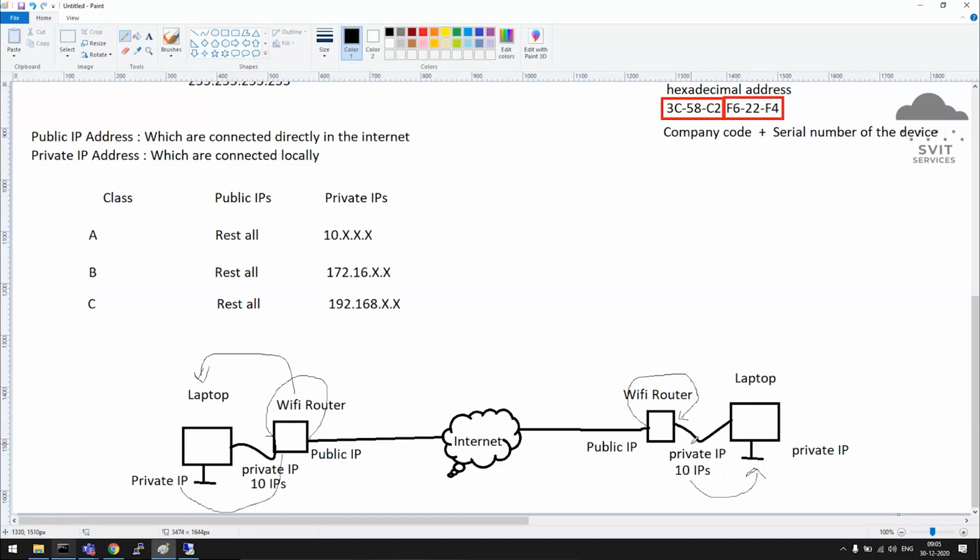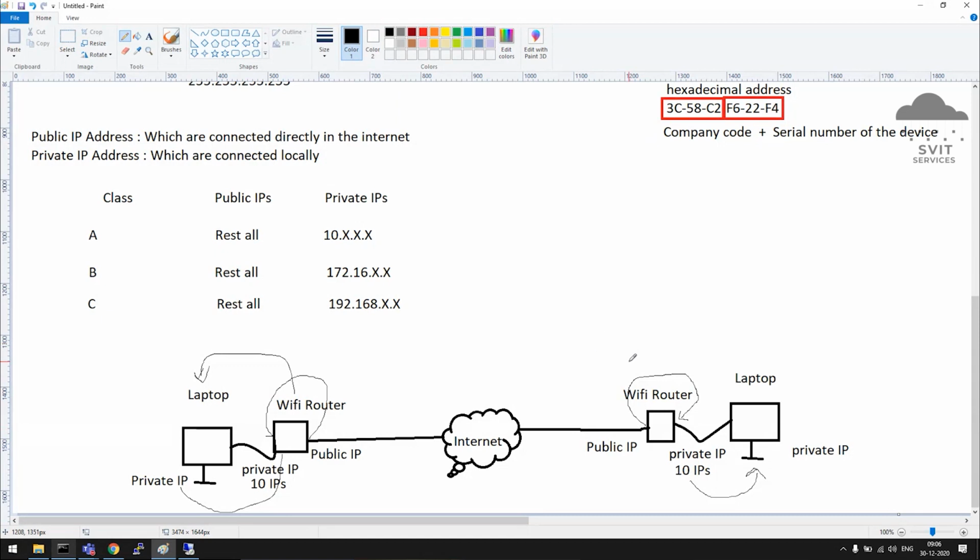It will transmit the services. The internet services which are available up to here are now available on the private IP end as well, so that your laptop is getting the same services which are available on the public IP.